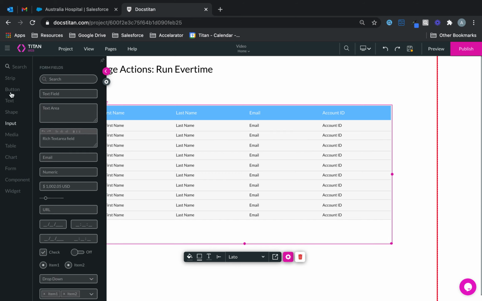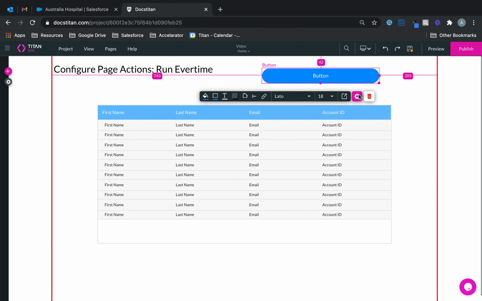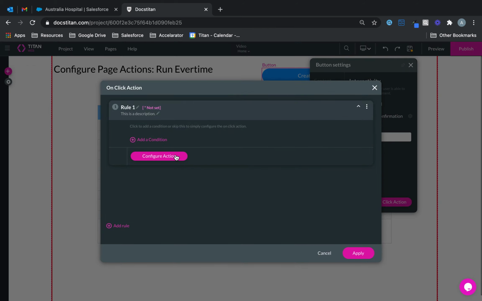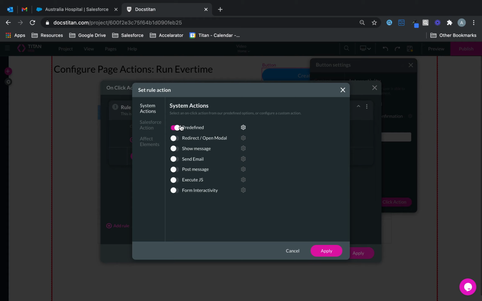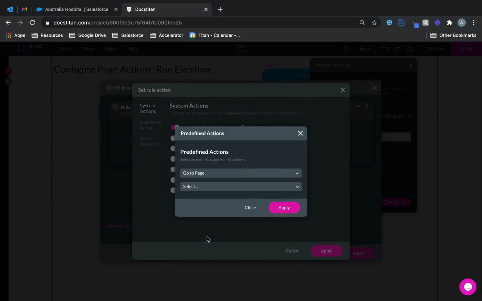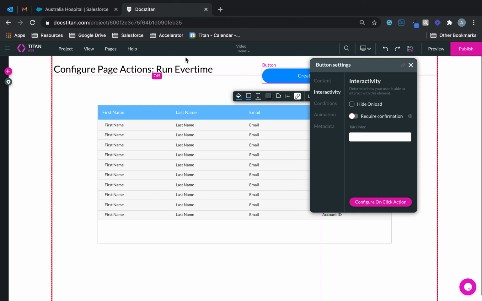However, when they go over to page 2, let's say, for example, I add a button here, and I'll say create new contact. What this is going to do is, when clicked, it's going to go over to page 2. So we're going to go to page, and we're going to go page 2. Alright, this is what that's going to do. And then over to page 2,